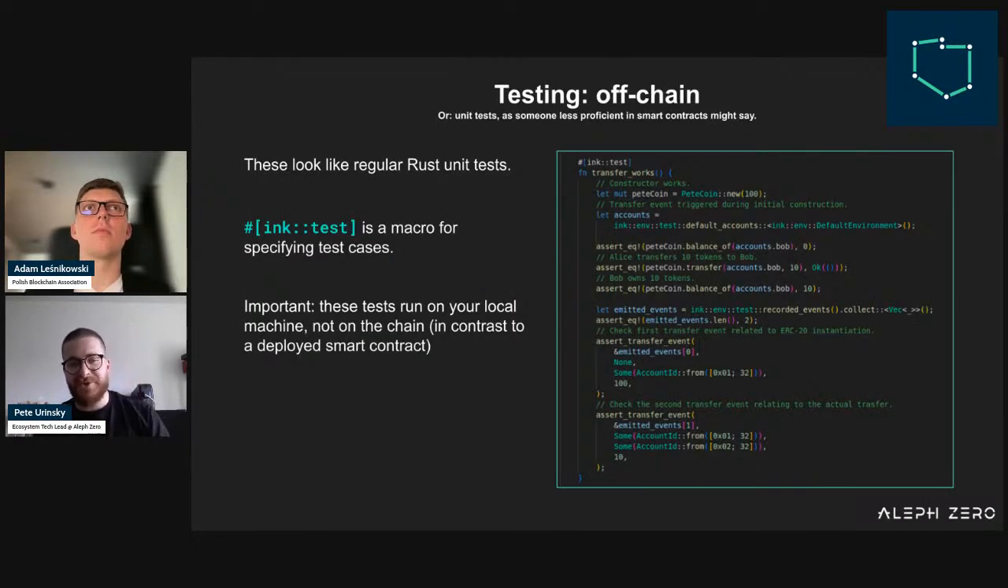Yeah, so don't read too much into this slide. This just serves the purpose of showing you that you can, and you actually probably need to, write unit tests for your smart contract. Now, we're going to see that in a minute if I'm successful in sharing my screen, but Ink now